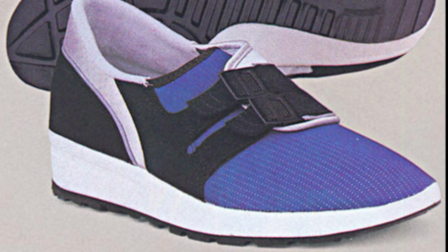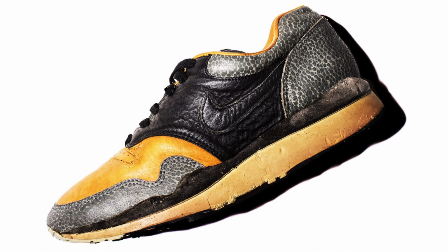The Air Pack also included the Nike Air Sock. Now, we really don't hear much about this sneaker these days, but it was included in that era. The Air Max 1 is probably my favorite sneaker of all time. I've said that many times. But I'm also grateful for the creation of the Air Safari because without it, I wouldn't have some of my